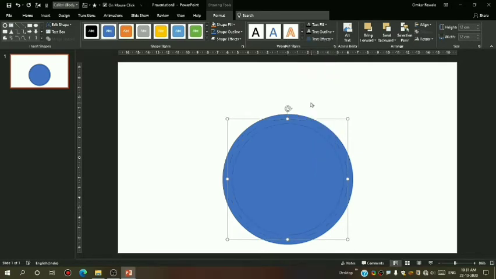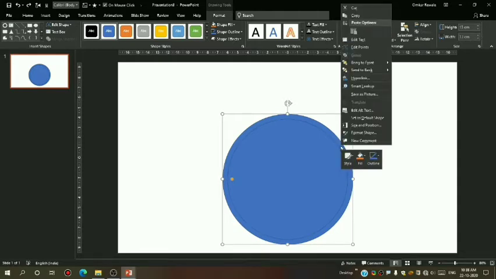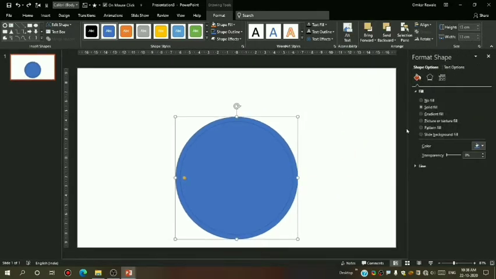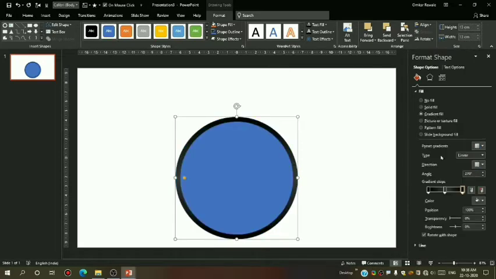Now let us give this shape color. Right click on it, go to Format Shape, go to gradient fill, and I will choose this last stop and give it the second last color from the black chart. Give the same color here. Now here its position is 50%, the middle one. I will give white color.